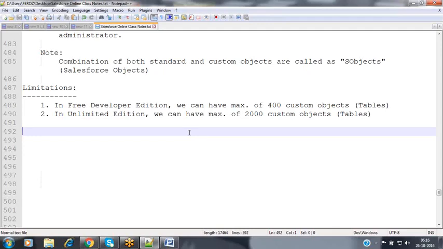As we have discussed, for each and every object, Salesforce provides a tab, which is nothing but a graphical user interface by which we can manage the records inside the associated object. Whether you want to provide the tab or not is up to you, depending upon our need. Now let's see how to create a custom object inside our Salesforce instance.